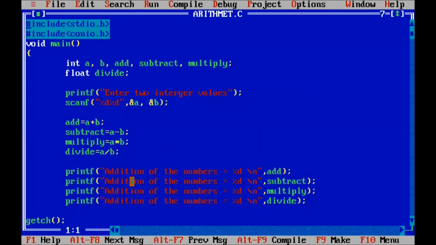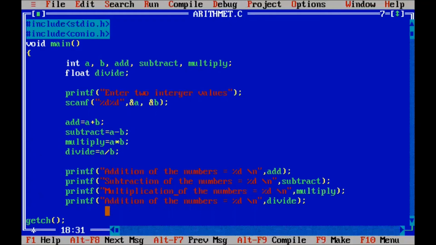We should write subtraction, because the printf function prints the same message. Here is multiplication, and here we write division. Otherwise the same message will print.